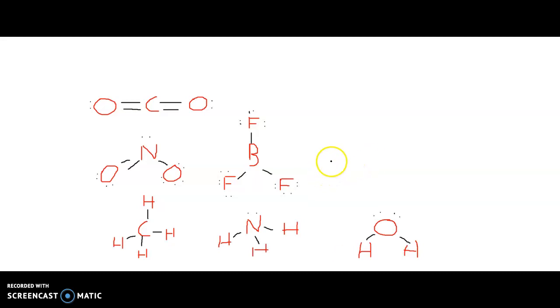Hopefully that wasn't too quick. Big takeaway here, don't worry so much about the dot structures. We'll have opportunities to practice that more, but understand how the bonds themselves are going to push atoms into certain positions. That's the big takeaway. So you should be able to go back to your